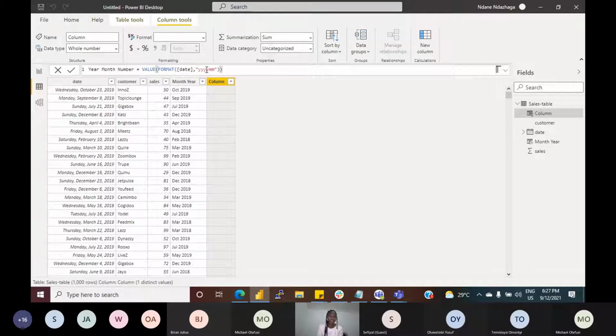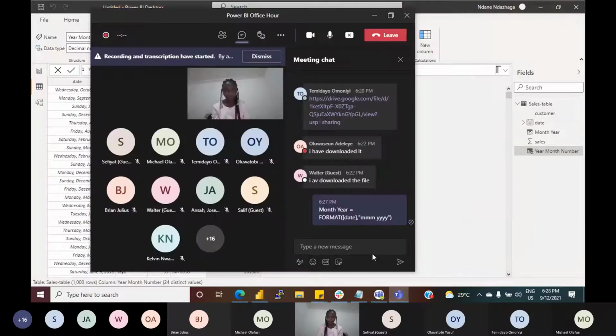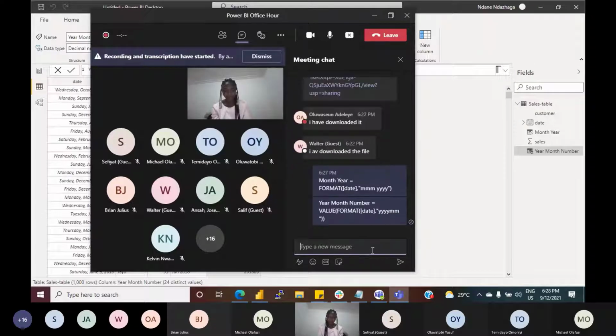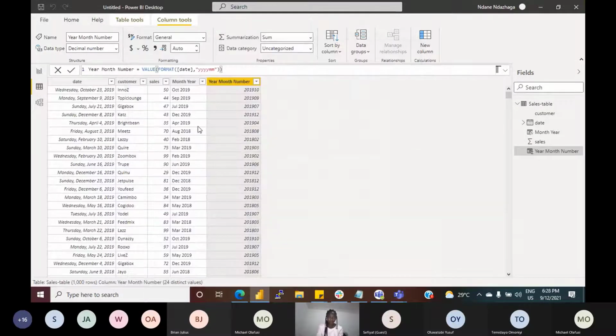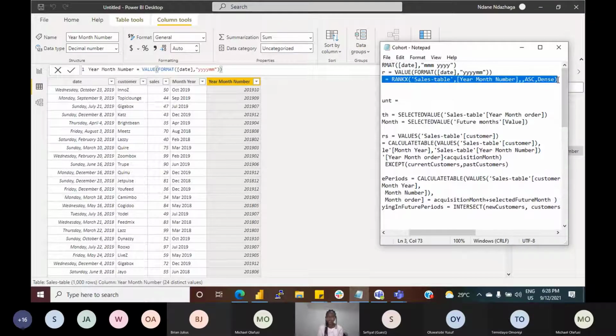And you want to format this one now. You want to format this date to have this format. You're still formatting it. So you want the year to come first, and then the months, but in a number, like using the number, not using the date. Then the next step is you now want to order it according to